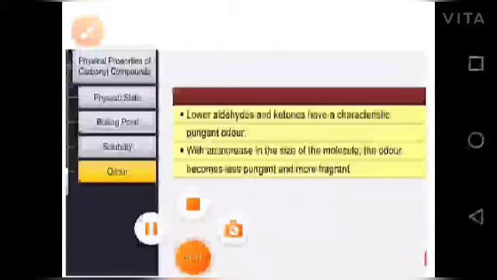Aldehydes and ketones are soluble in usual organic solvents, that is benzene, ether, chloroform, and likewise. And to know their solubility in water, refer to this table. You can see here